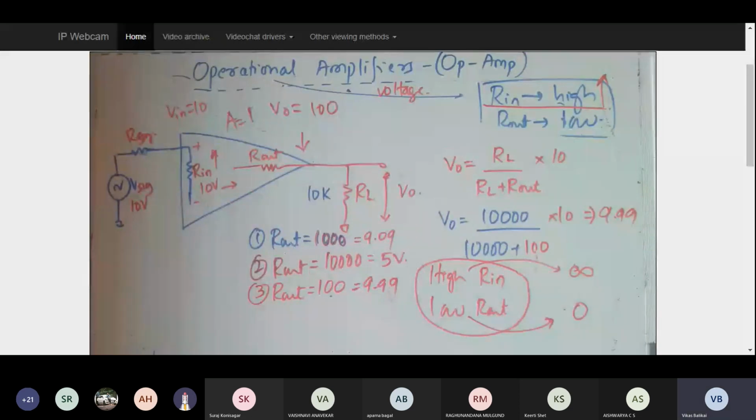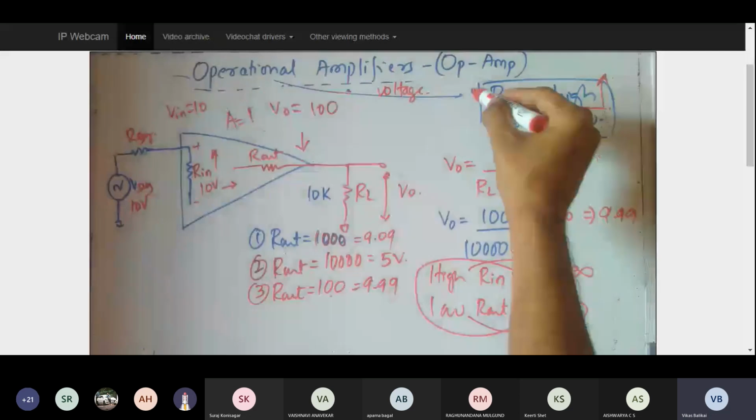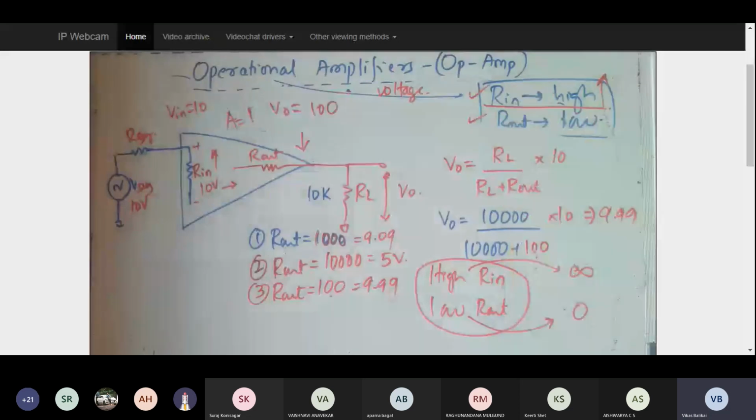The ideal scenario is preferably useful when you try to solve numericals where you want to ease out the calculations. To make calculation easy, we usually consider the ideal scenario, while the practical scenario is what we consider in practice. And this happens to be the first two characteristics of my operational amplifier. The R in, or the input impedance, of my operational amplifier should be very high, because an operational amplifier is basically a voltage amplifier, and I did all this analysis with respect to a voltage amplifier only.